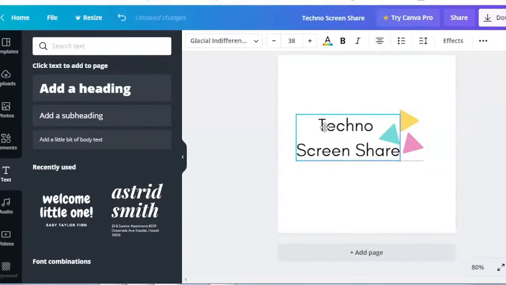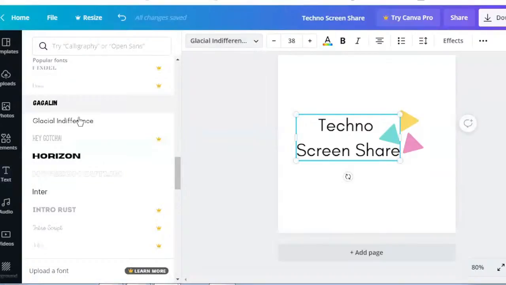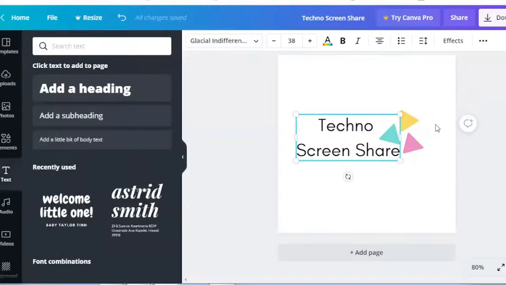You can use different text formats and different fonts.